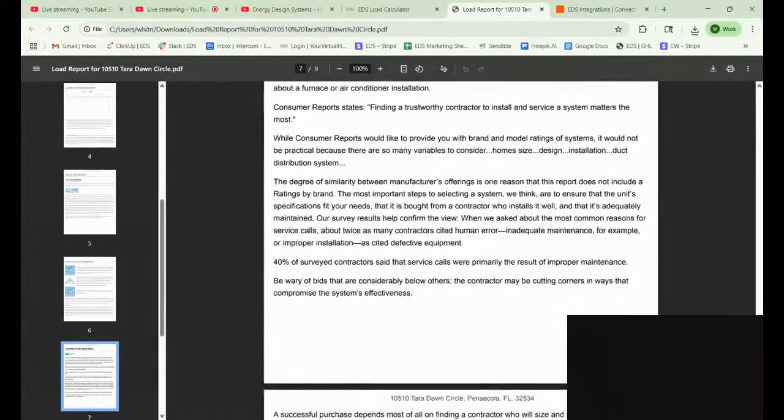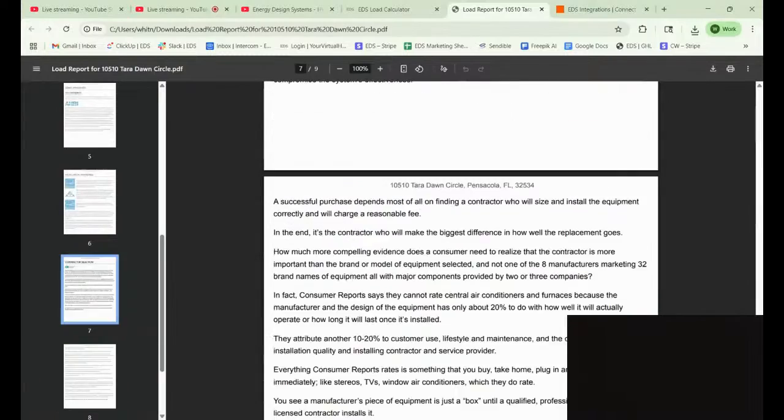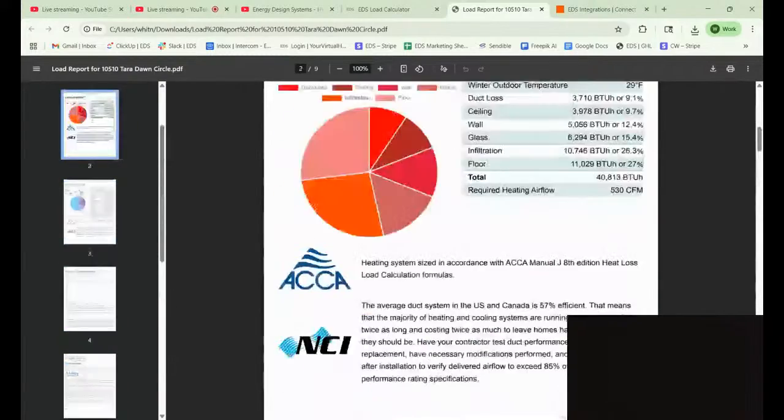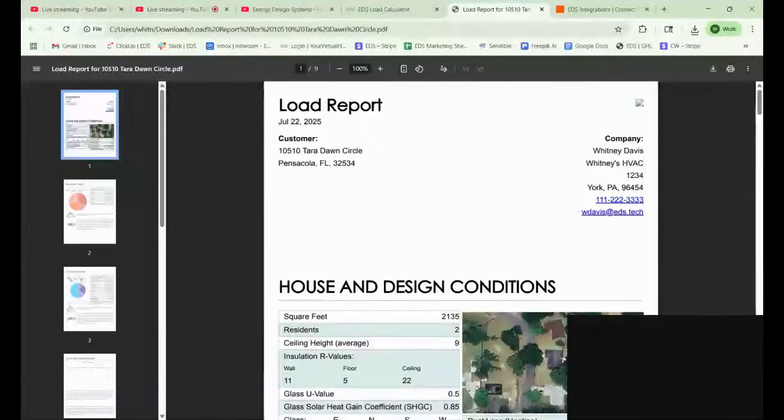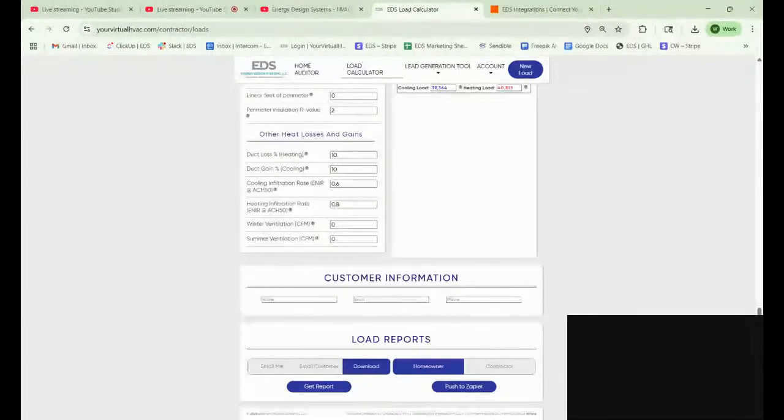Having this kind of tool at your fingertips to easily calculate the cooling loads and size of the new HVAC unit for a home, and then also being able to offer this immediate report, definitely adds a lot of value to the sales approach for HVAC businesses. That's why we like to also include our Zapier feature, because that allows you to integrate your CRM with the load calculator. So it can expedite